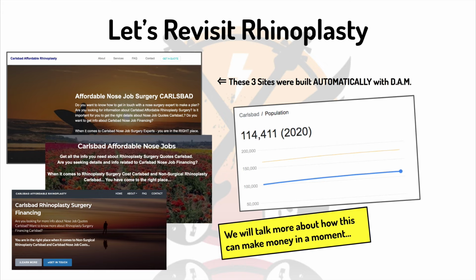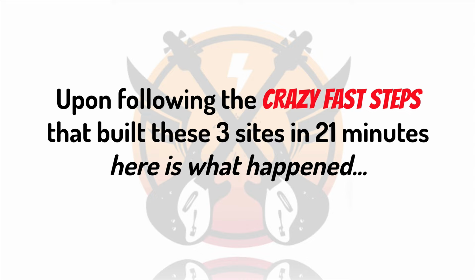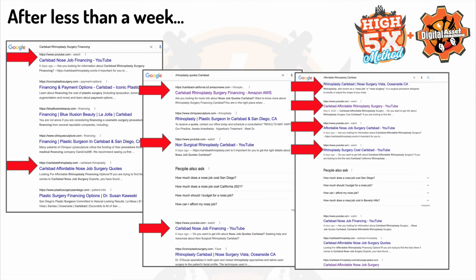Over 100,000 people live there. And we're going to talk about this, and we're going to talk about how this can make money in just a moment as well. Now, upon following those crazy fast steps, you got a glimpse behind the curtain of that just now. After building those 3 sites in a matter of minutes, here is what happened. Look at this. In less than a week,